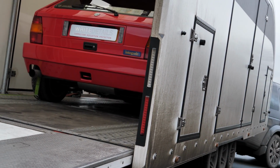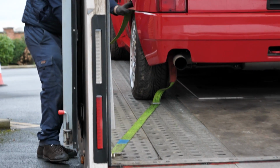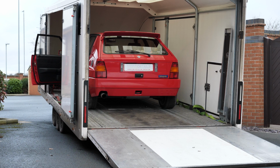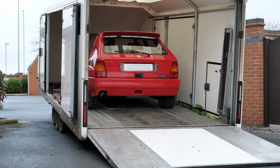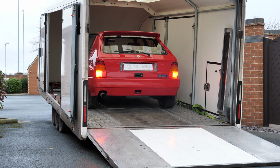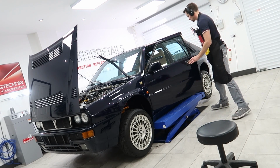1992 Lancia Delta Integrale Evo 1. This is the second Integrale that's featured on the WhiteDetails channel. The first, 5 years ago now, the dark blue Evo 2, which was a Japanese import with just 5,000 kilometers